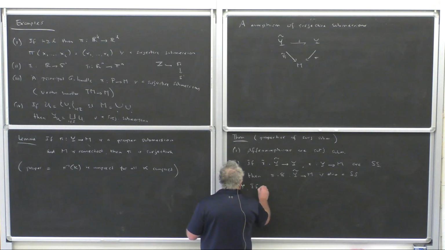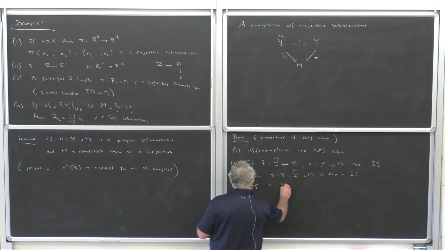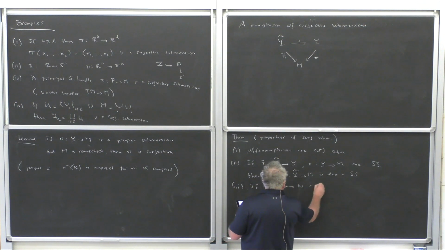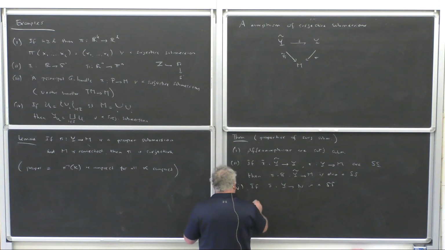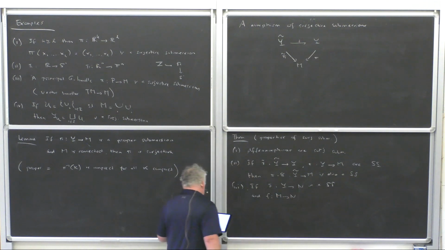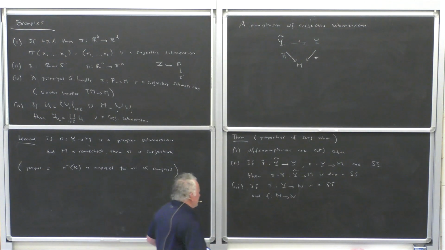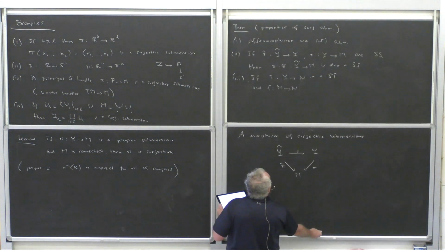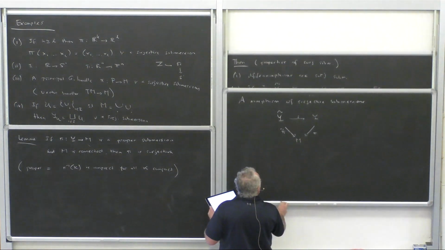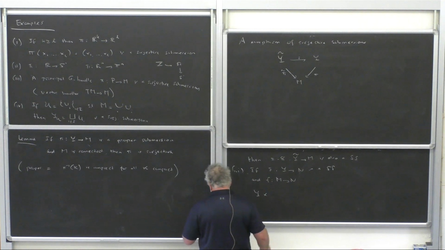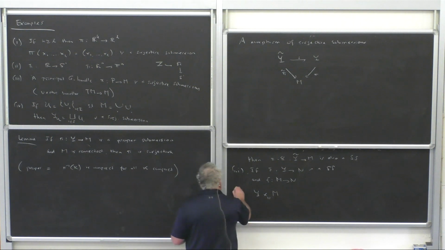So if pi, say from Y to N, is a surjective submersion, and F is a smooth map from M to N, what you can do is construct a pullback manifold, which is usually denoted by Y cross M over N. So again, a fiber product of some sort. Let me call this YM,